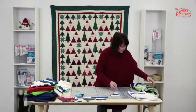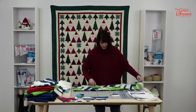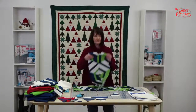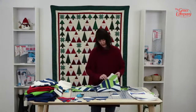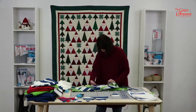All right, and I just wanted to show you. Okay, so here's my strip that I've been working on. So I will have 2 quilts. And notice at the top here, I have these little ears. These are what I will cut off right here. So I have a 1/4 inch seam, and I'm just going to cut it off nice and straight and then